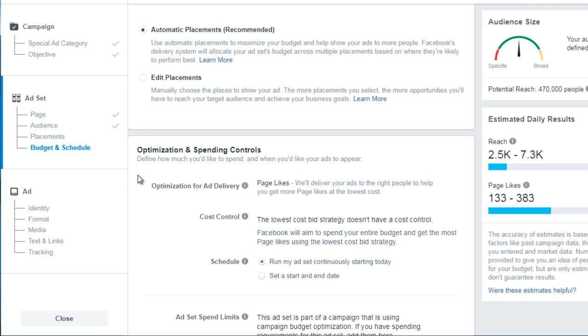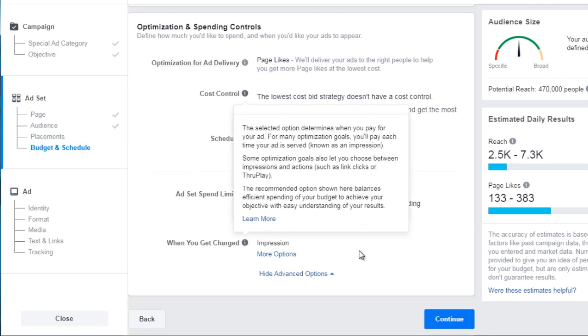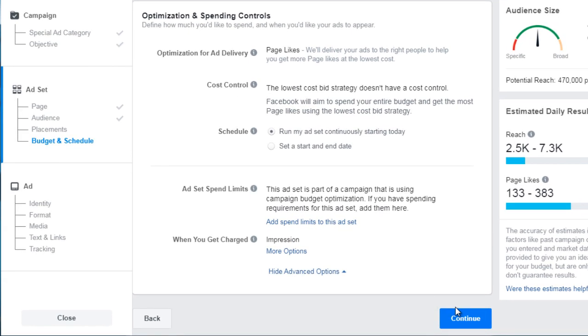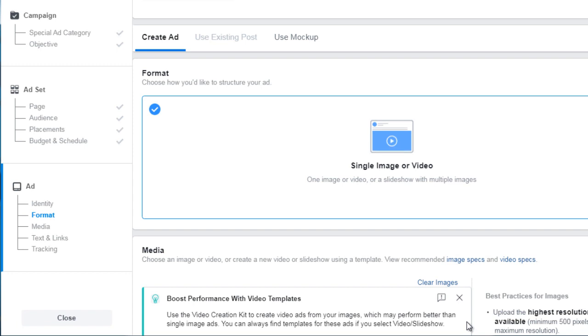Okay, so we got optimization and spending controls. Usually just keep everything by default and click continue. And that's it. So that's all there is in terms of setting up an ad set. Now we can create an ad, which is the images, the content that you want to essentially put against each other and figure out what is actually converting. All right, we'll see you in that